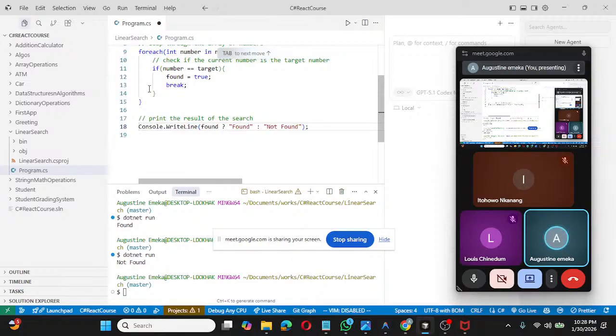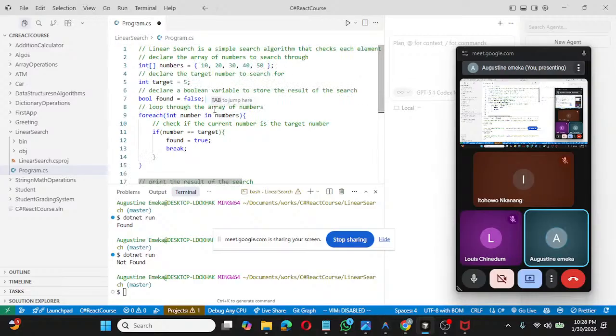So the result of the search is the found. So it's either, if it is true, I console out found. If it is not true, I console out not found. So that is the basic algorithm. And you have to understand these very steps that I will go through. All the steps that I've highlighted